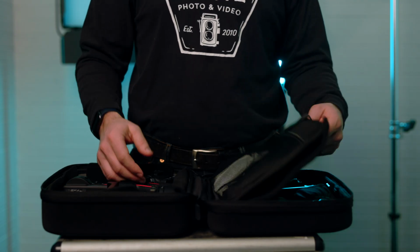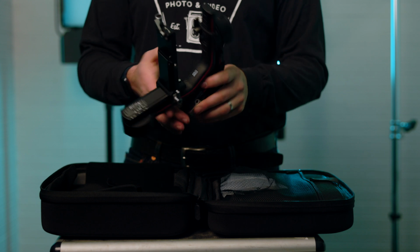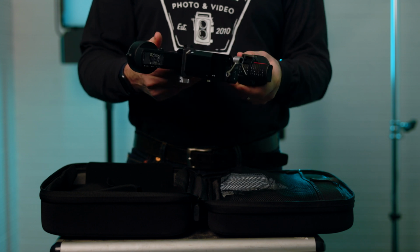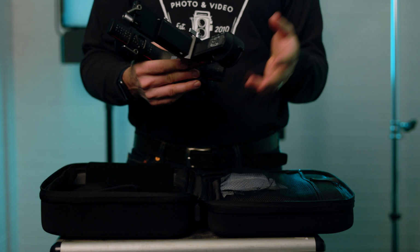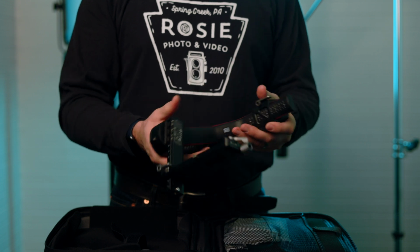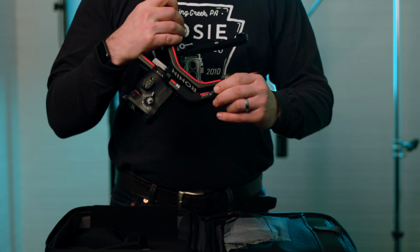So we got two halves to this. We got more of the stuff that we will never use, and then the main part of the unit here. So that is that. Kind of like that it has the red, so you're able to easily tell the difference between the different units. Now, something they upgraded, because I've had other gimbals, is they have locks on here, because when you stabilize this, you're going to work on different parts at a time. And if you have everything spinning, it's really difficult to know